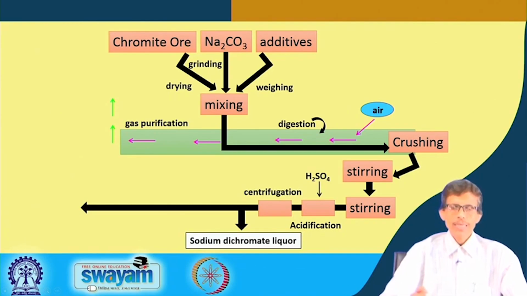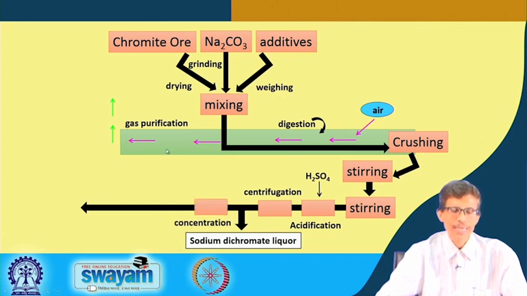So, addition of your chromite ore, sodium carbonate, air, that is digestion, and everything will give you the corresponding sodium dichromate liquor. At the same time, the gas from the digestion step is going out, and a gas purification chamber should be there, and that can take out the gas for storing and further utilization. Then we can go for the concentrated form of that liquor